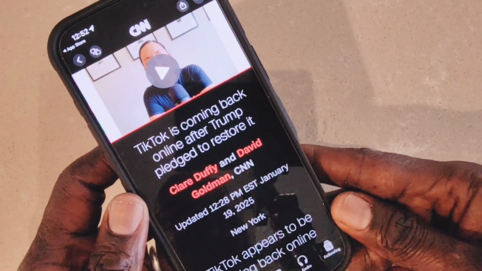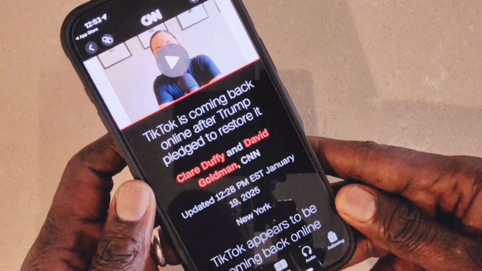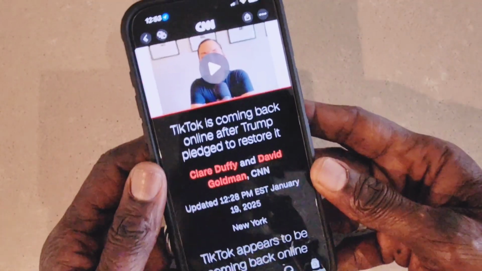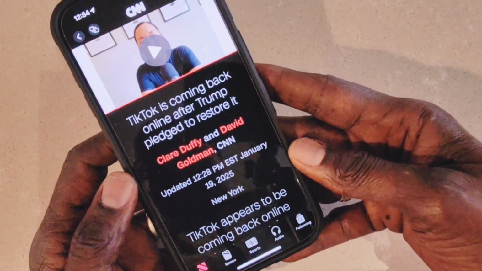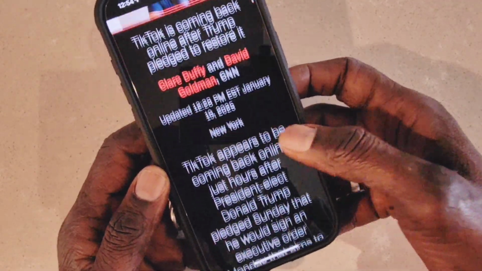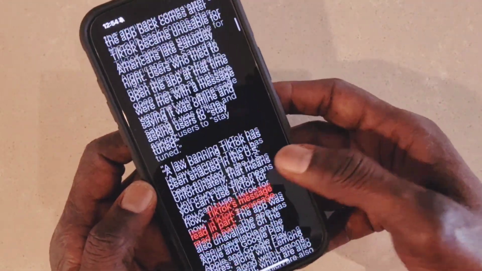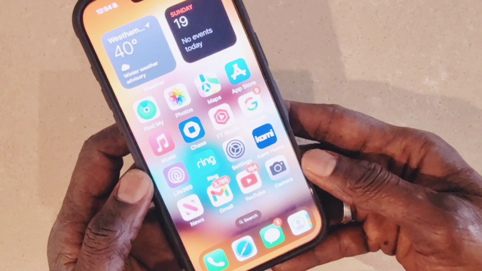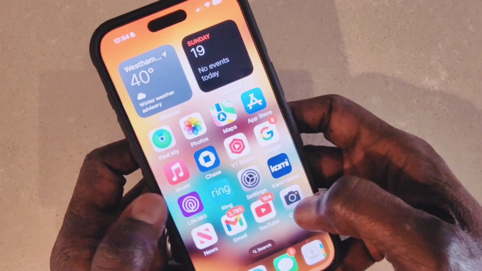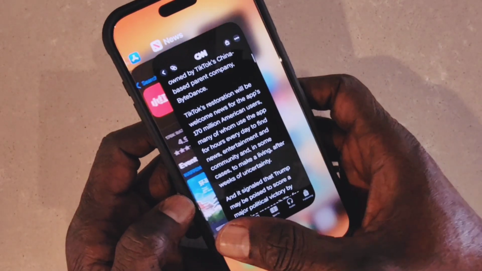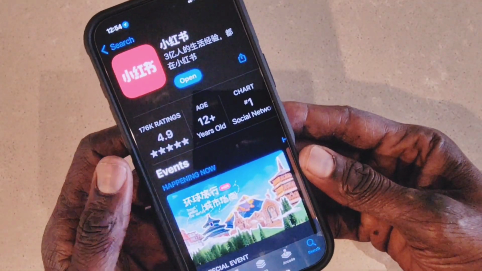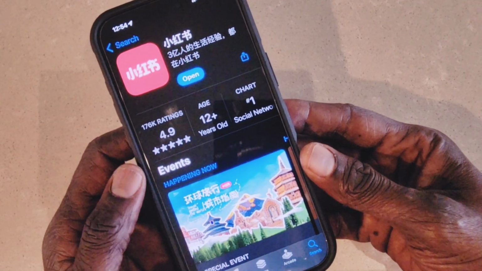It says TikTok is coming back online. It is coming back, not right now, but it is coming back. So, guys, this is what it says: TikTok coming back online after Trump pledged to restore it. So it is not back yet. We're going to wait until Trump takes office and then see what happens. But anyway, this is it. This is what you need to download, RedNote, for now as a TikTok alternative,